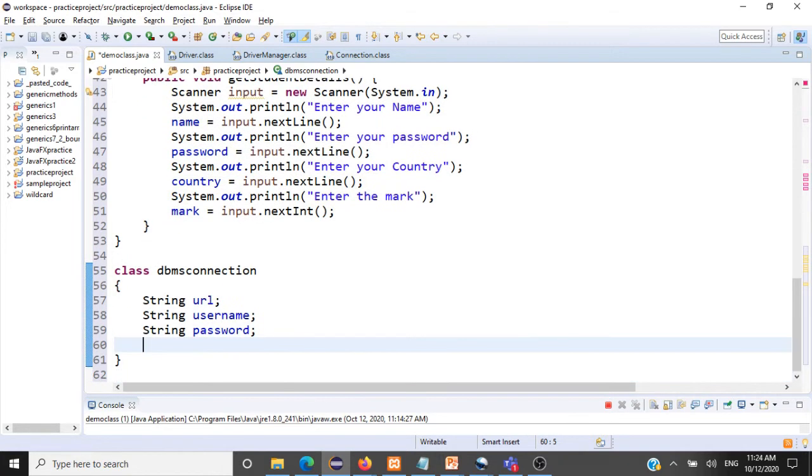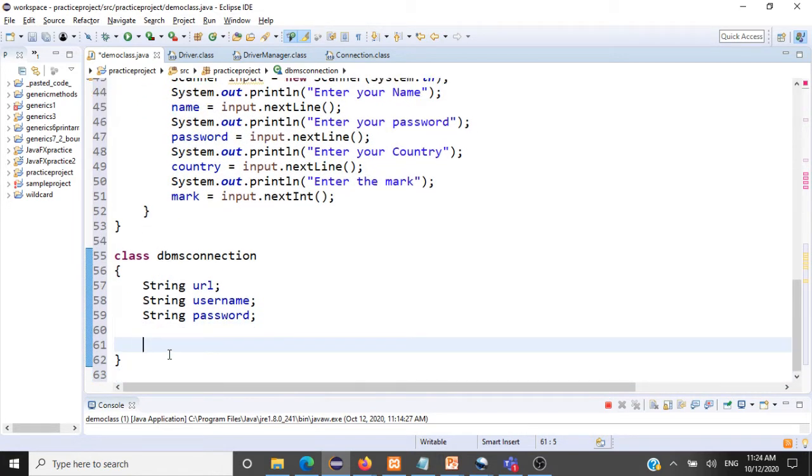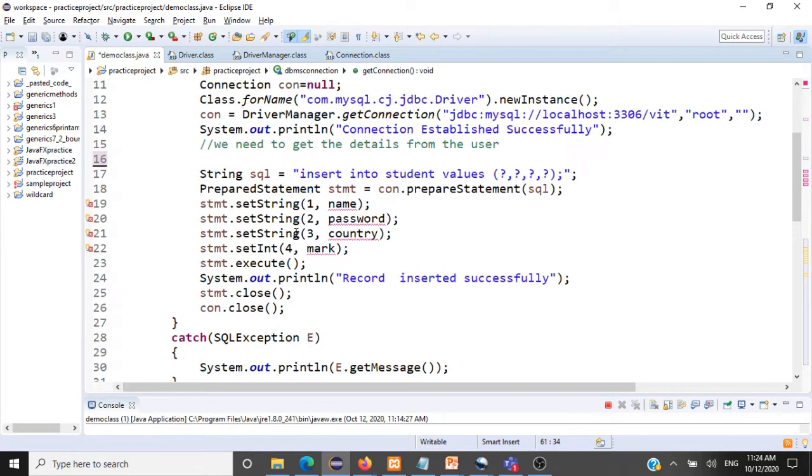And the very important thing is we will establish the connection. For that we'll have a public method, getConnection. This method initializes and establishes the connection.